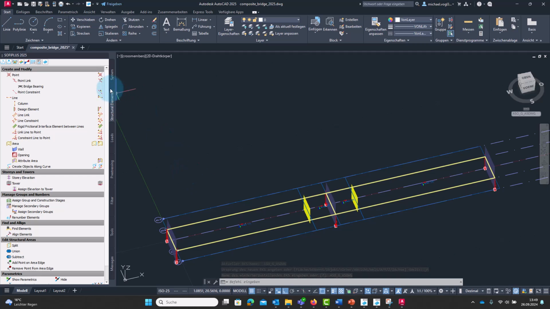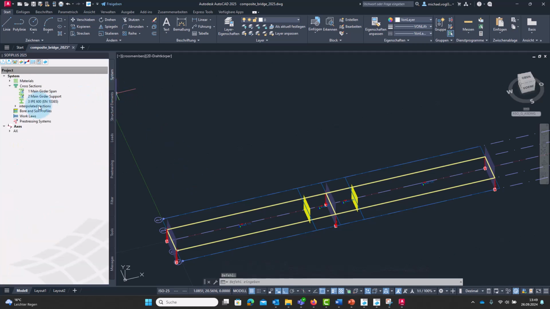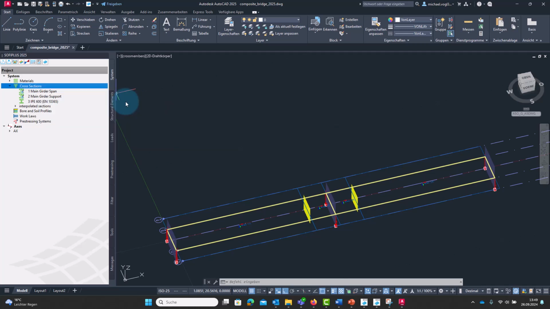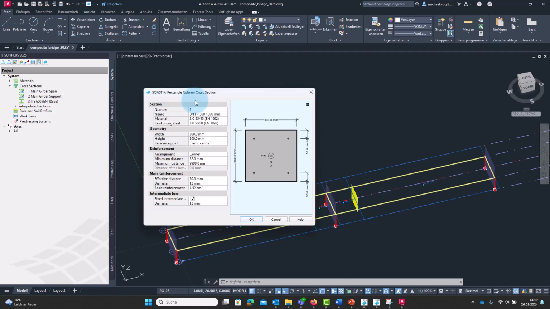So I close the cross-section editor and go back to cross-sections and insert a new standard section, rectangle, column. I adjust the dimensions, using a width of 4000 millimeters and a height of 1000 millimeters.